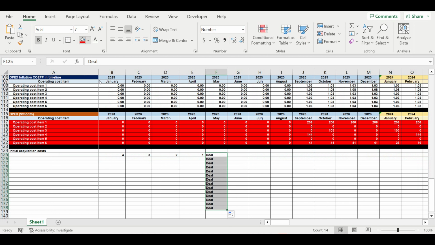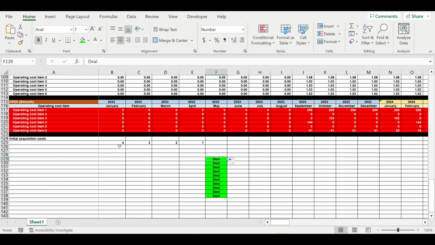Let's color it, for example, with green. And this deal, let's say so, initial acquisition costs,